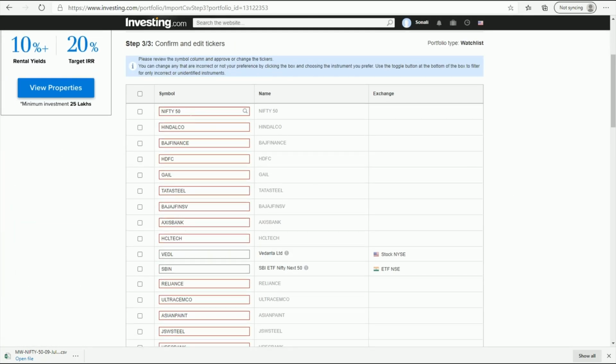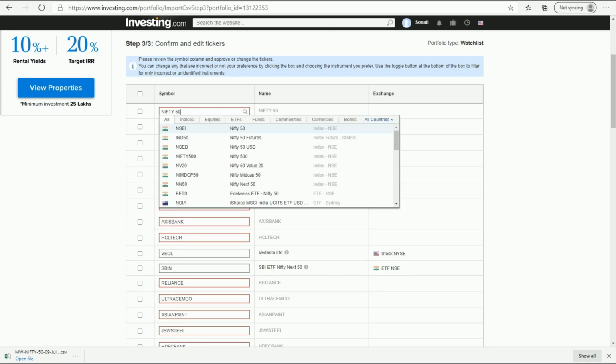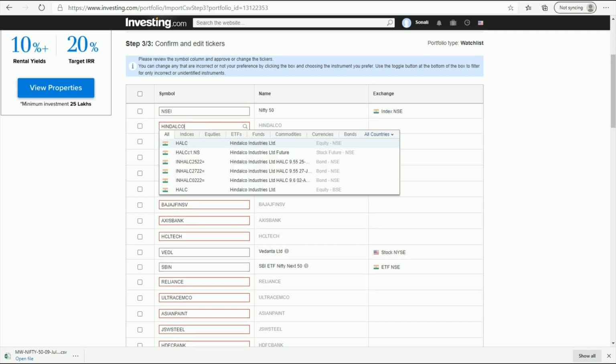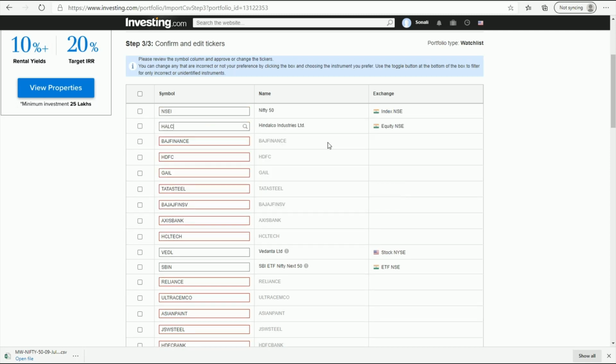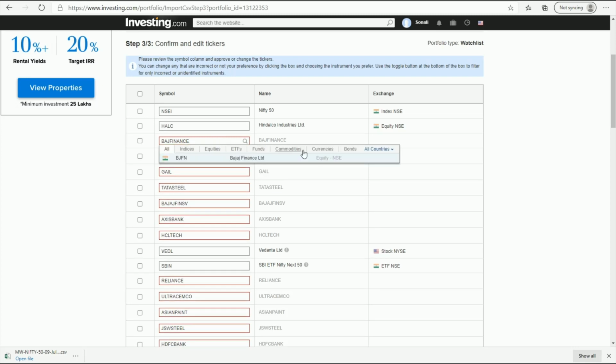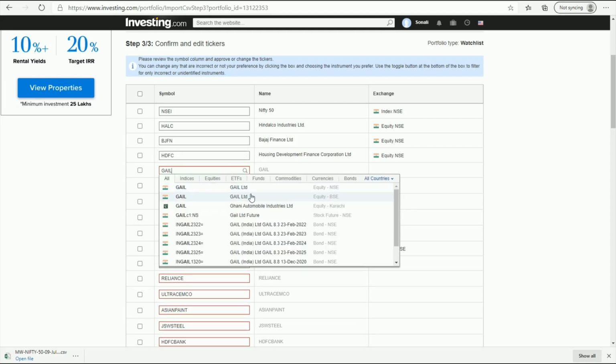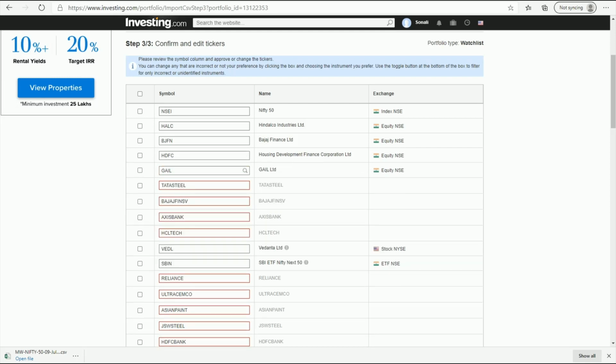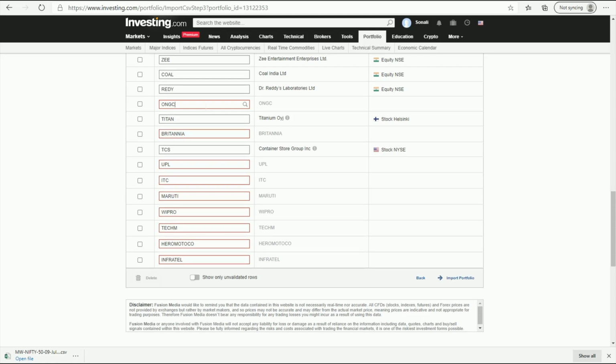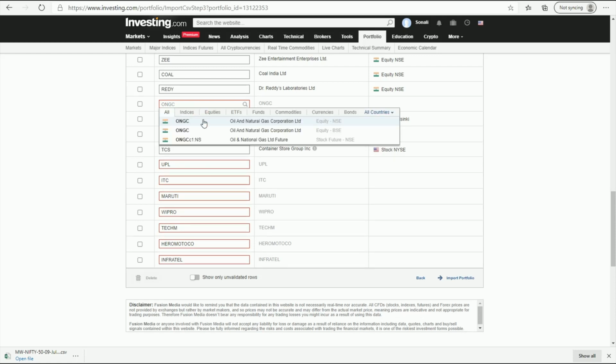Here we have to select each and every stock and then select NSE stocks. When we go to stocks, see equity NSE, we have to select those stocks. We have to select one by one. Though it is a little time consuming, it is better than entering one by one. We will complete the selection of all the stocks.